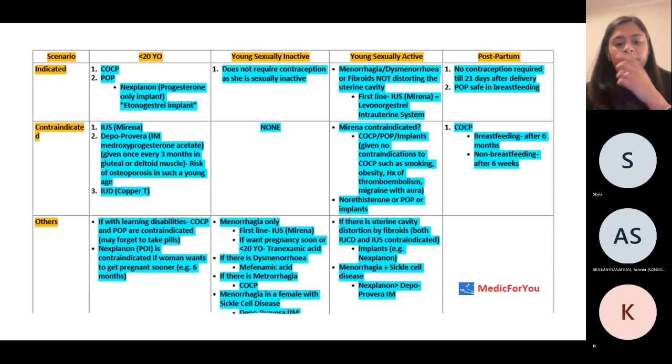Right, and again, this is a different one which I found quite useful, and that's just to give you a brief idea of different types of scenarios that they can put in questions, and ones that would be indicated in certain scenarios. So if you have someone who's quite young, then you probably want to use something less invasive, like the combined pill or the progesterone-only pill, and